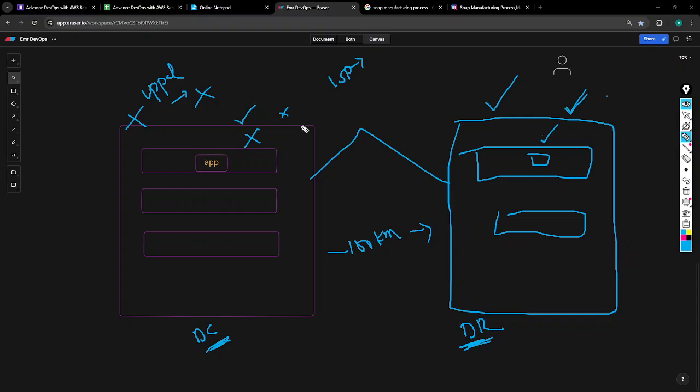Because I am also building my application, my product, I'm doing a business. I need to maintain two data centers again, right? And what if these two also get affected because Hyderabad has a big environmental hazard like an earthquake or flood, and both buildings crash? Then how can I take the backup? That is the biggest challenge. So I have to maintain one more data center at a Chennai location.